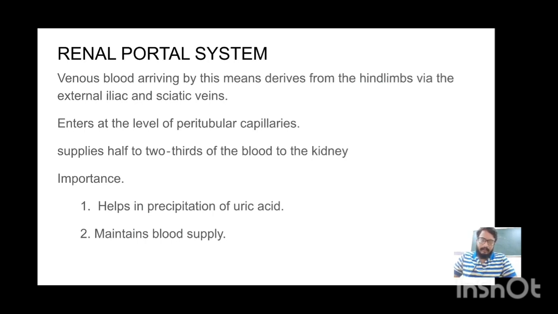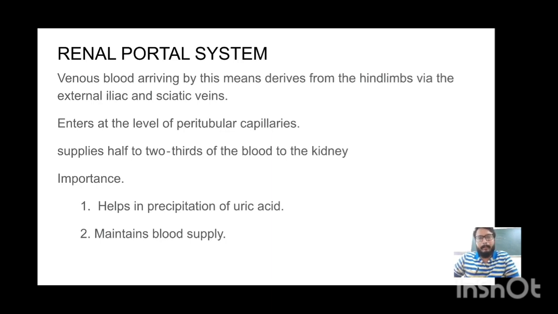In case of urea, there is an obligatory water loss. That is, whenever the urea flows in, a certain amount of water always follows the urea. That is, obligatory water loss is essential. But in case of uric acid, the effective osmotic pressure that is given by the uric acid as a precipitate is lesser, or it does not add to the effective osmotic pressure. Therefore, the obligatory water loss is prevented. So this precipitation is possible by an increased amount of water, that is mainly the blood supplied by the renal portal system.